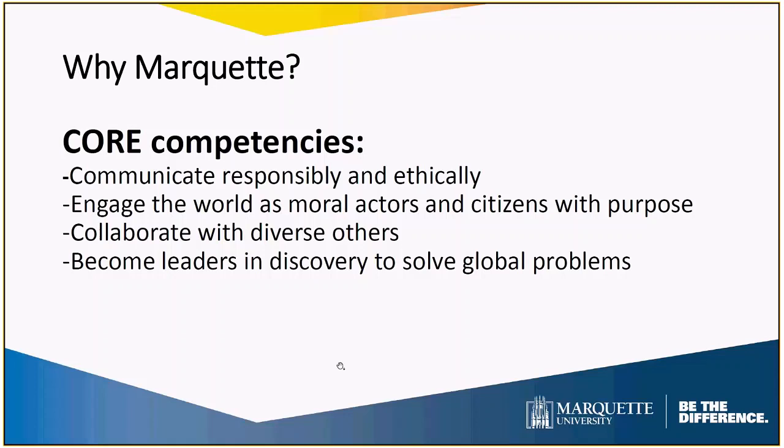I won't read them to you, but I want to point out that these learning outcomes really align with the competencies that we talk about in the world of recruiting and talent acquisition, right? So communication, engagement, collaboration, leadership, problem solving, solving global problems. Throughout their time at Marquette, students are going to learn a lot of important skills and gain a lot of important knowledge, but it's all built on this foundation, right? So it's all about how do you take your passion and do something with it. So I thought it was important to start there with the why. Why are we even having this conversation before diving into the topic of the day, which is on-campus interviewing.